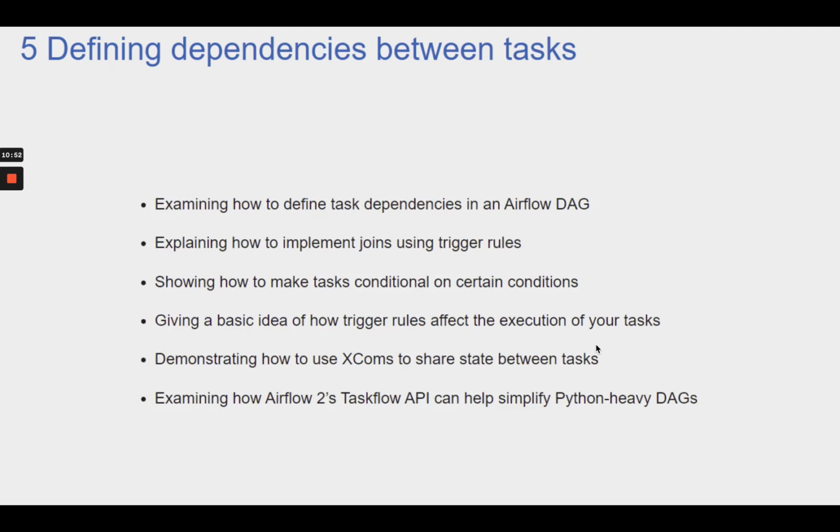Chapter 5. Defining dependencies between tasks. This chapter covers examining how to define task dependencies in an Airflow DAG,